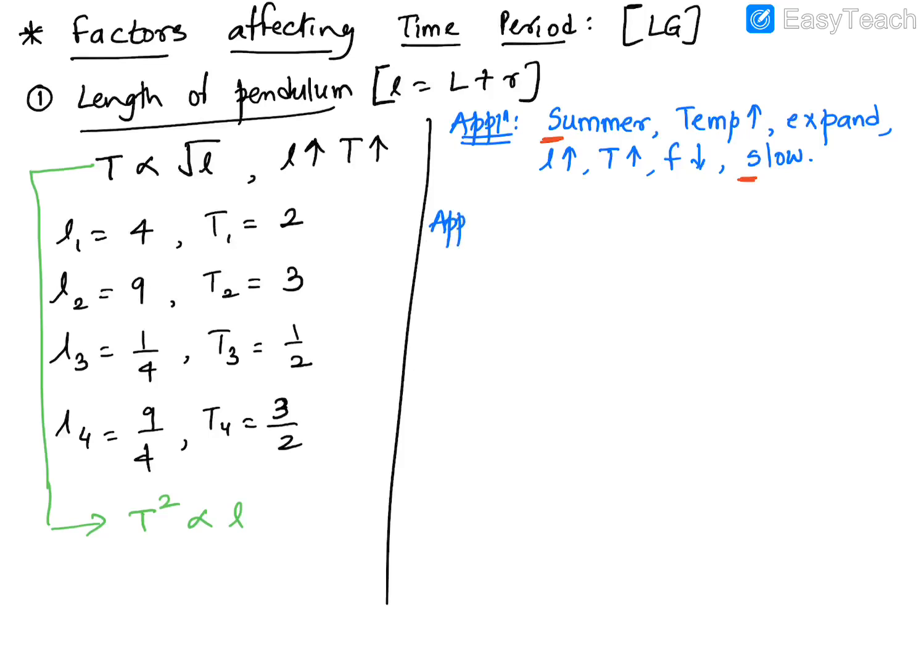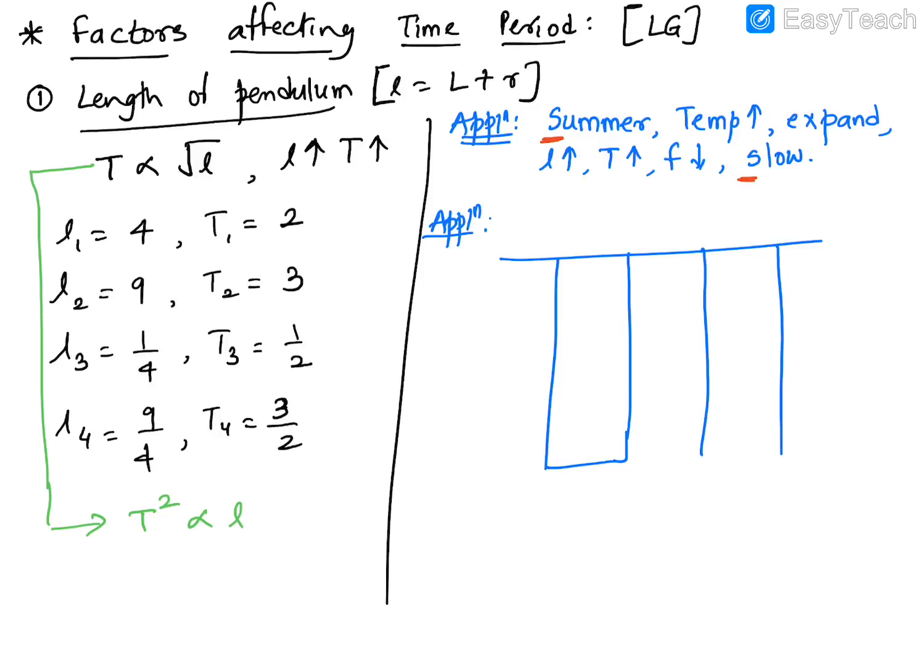Now another application. Let's say here we have two identical swings and two friends of exactly the same mass, identical persons. One of them is sitting on a swing and the other is standing on a swing. So which one will go faster now? See how to decide this. First, remember, we always need to calculate the effective length. How do you measure the effective length? From the center of the bob, which is here.